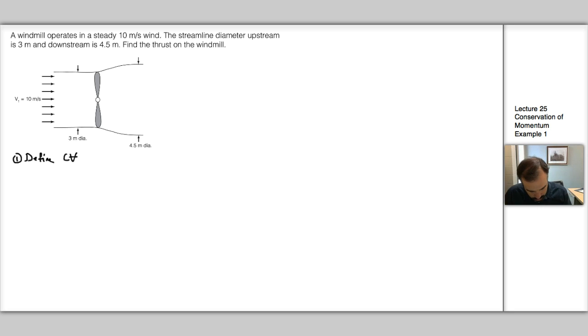Meaning that if we draw our control volume such that it's perpendicular to this surface, then travels along the streamline, and then it's perpendicular to this surface, like so, and then along this streamline on the other end,